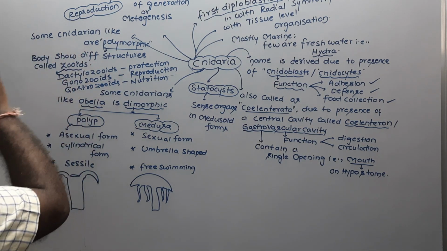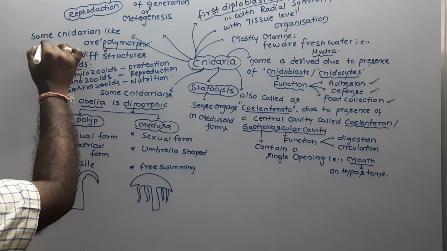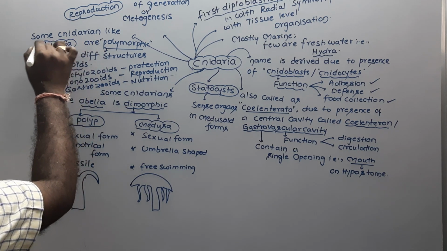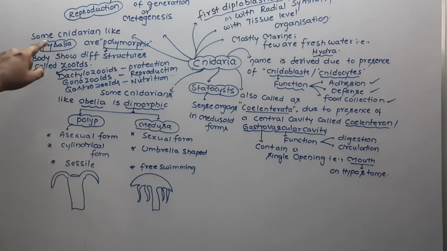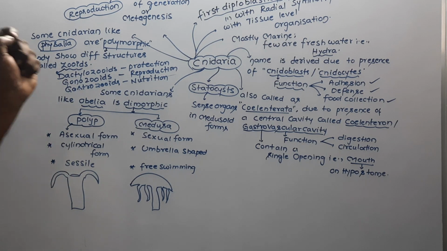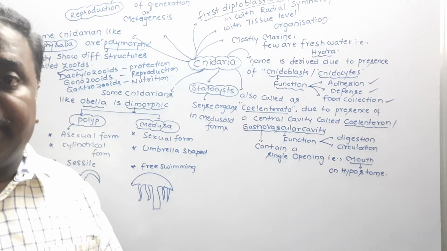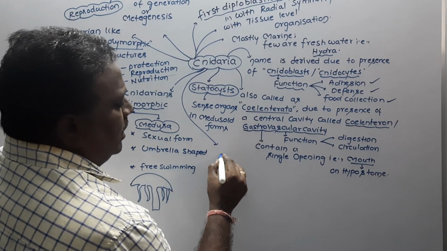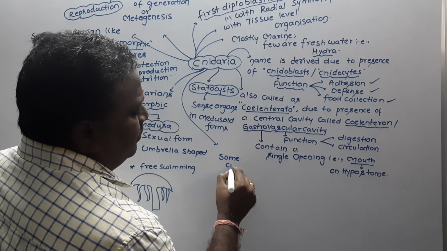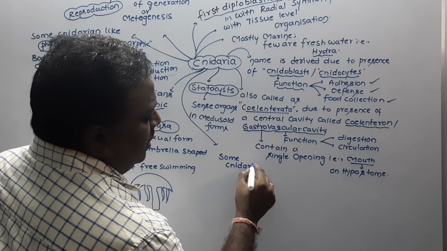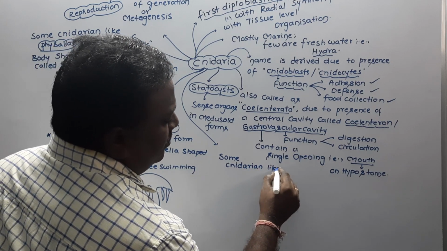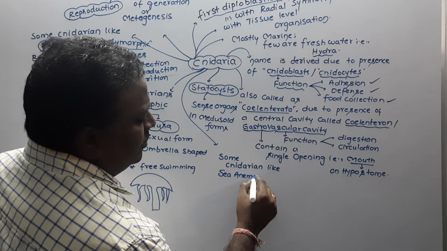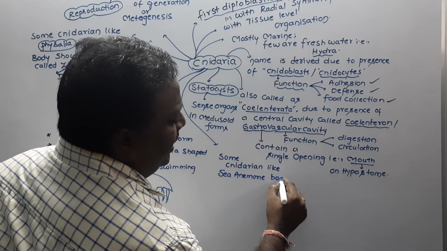And for the polymorphic, the example is Physalia. Physalia is the polymorphic Cnidaria. Polymorphic Cnidaria means we have to say the answer as Physalia. Okay, right. And one more. Some of the Cnidarians, like sea anemones, the body contains